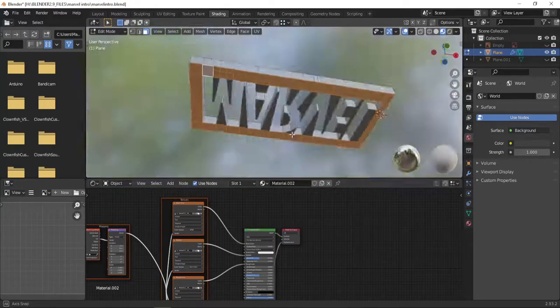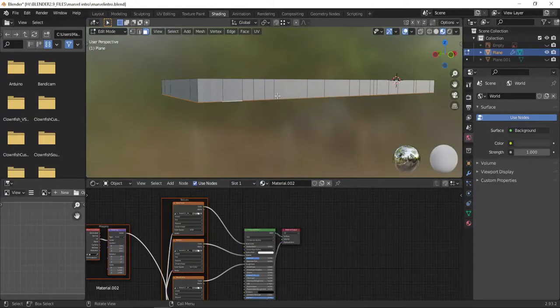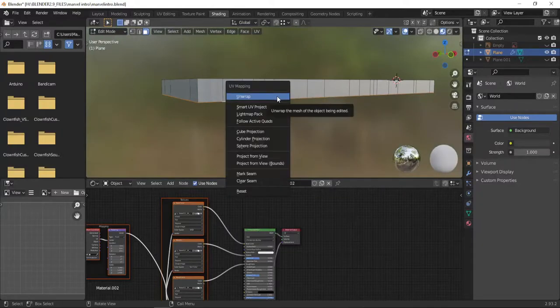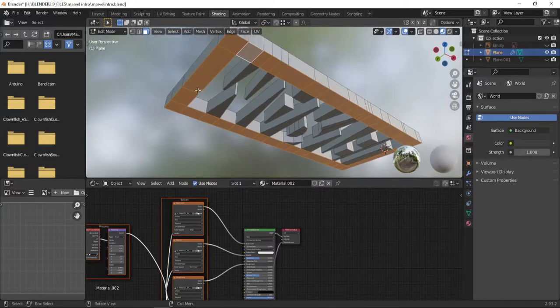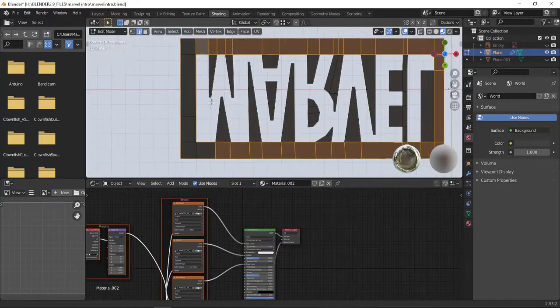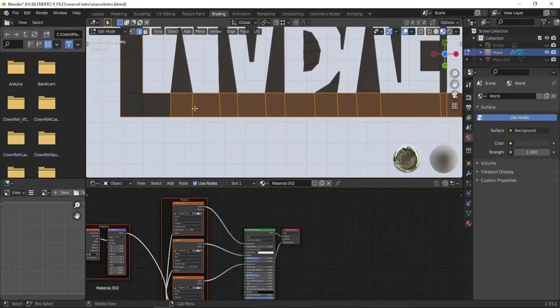Once you have selected all the faces, now what you have to do is deselect the edges that are in between, like shown. Just deselect all the in between edges that you see.